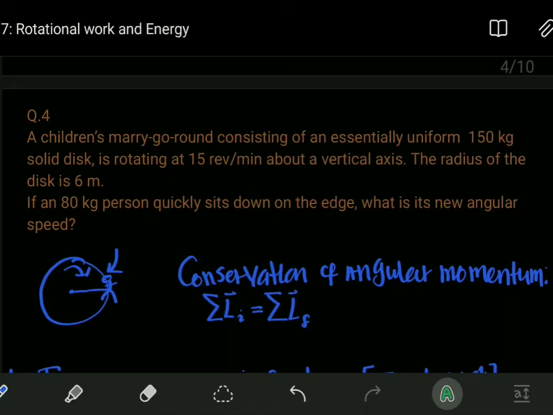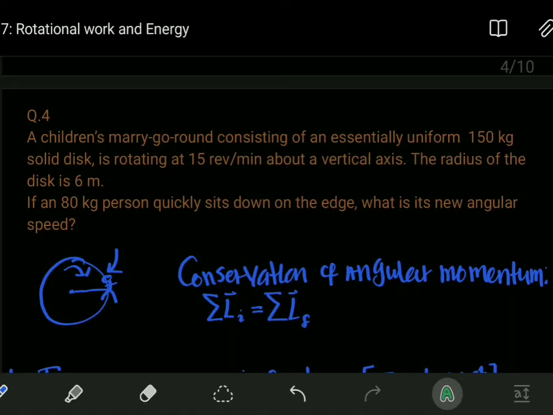Okay, so question 4 here, we are going to deal with the conservation of angular momentum. So we have this disk which is rotating at a speed of 15 revolutions per minute about an axis, and then some person simply jumps onto this disk, sits down at the edge, and we now want to find